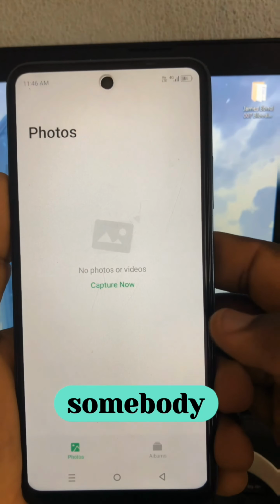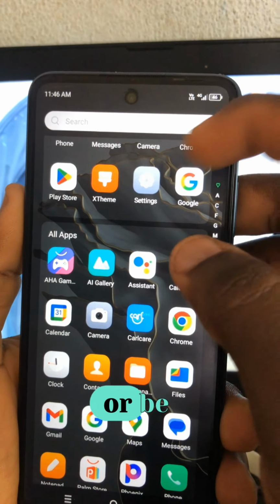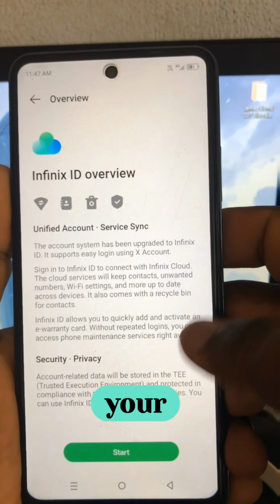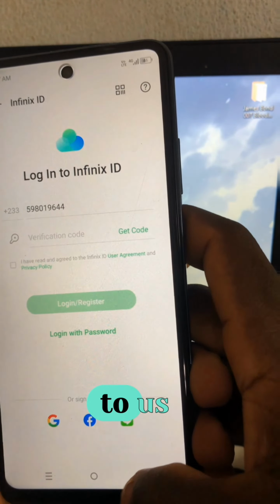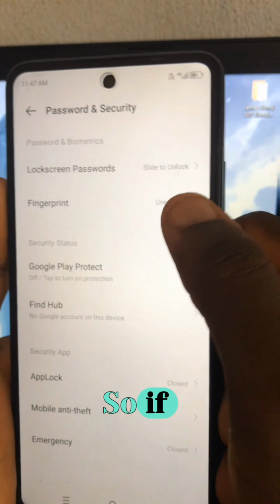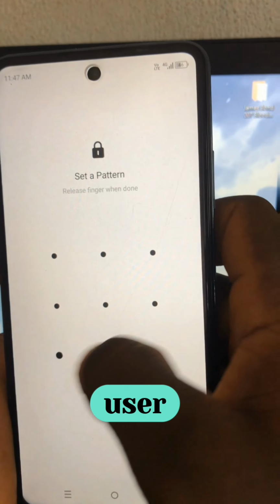You know, sometimes somebody will be like, oh, my phone is missing, I want to log into your Gmail, or my phone is temporarily unavailable, so can I log into your phone with my Gmail and use it for something? You know, it happens to us once or twice in our lifetime. So if you want to give it to the person, you can actually turn on guest user for the person,